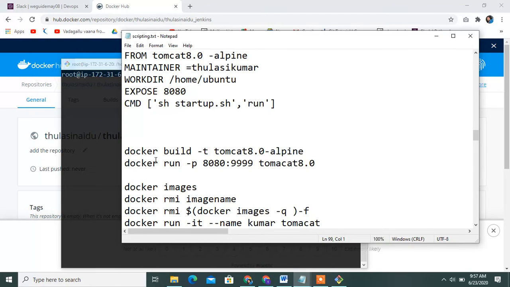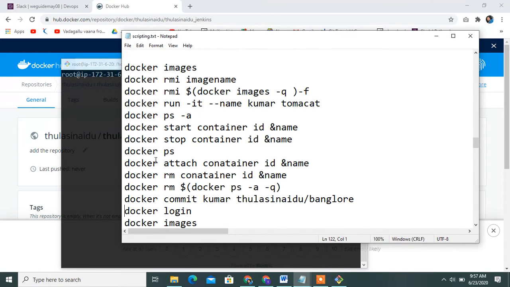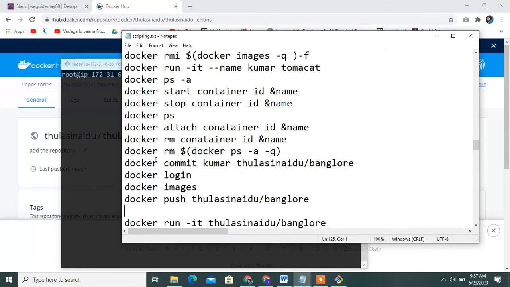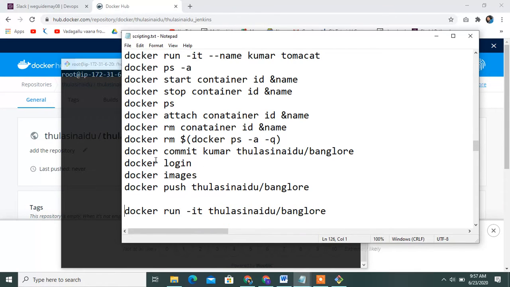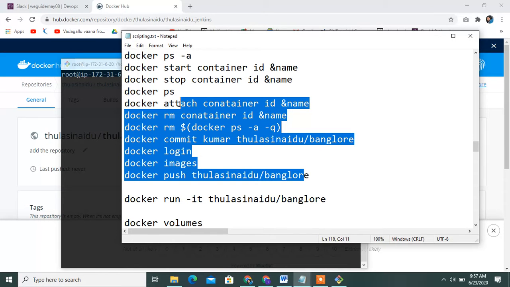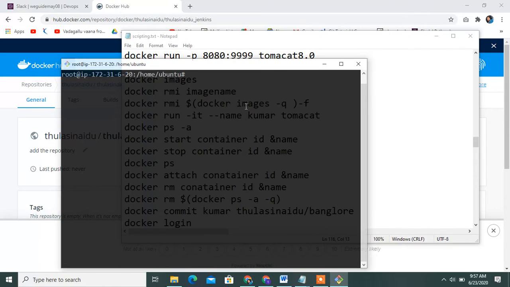Please carefully observe how to pull the image, how to delete the images, how to start the container, how to stop the container, how to attach the container, how to delete the containers, how to commit and how to push the containers. These are all commands in Docker. Please go through that video, guys. Today also I will do these commands.